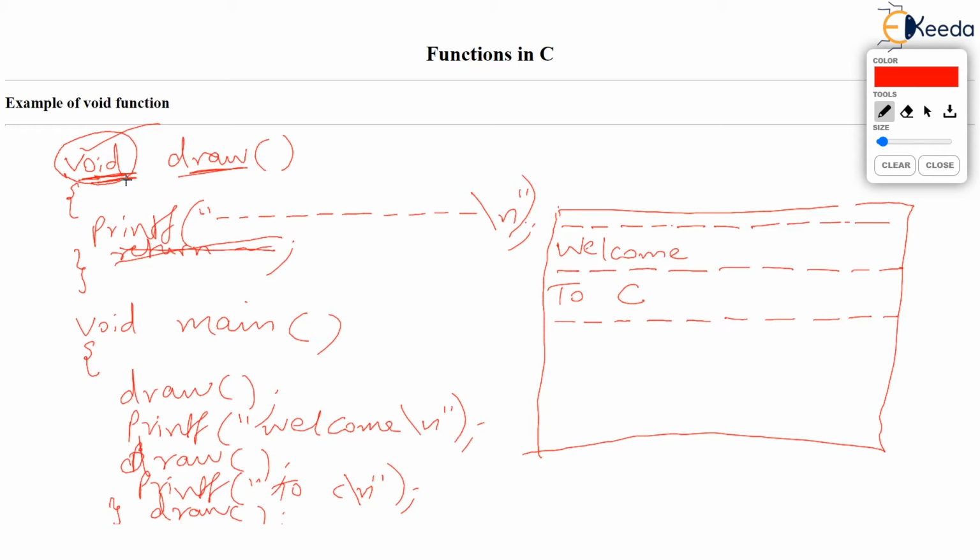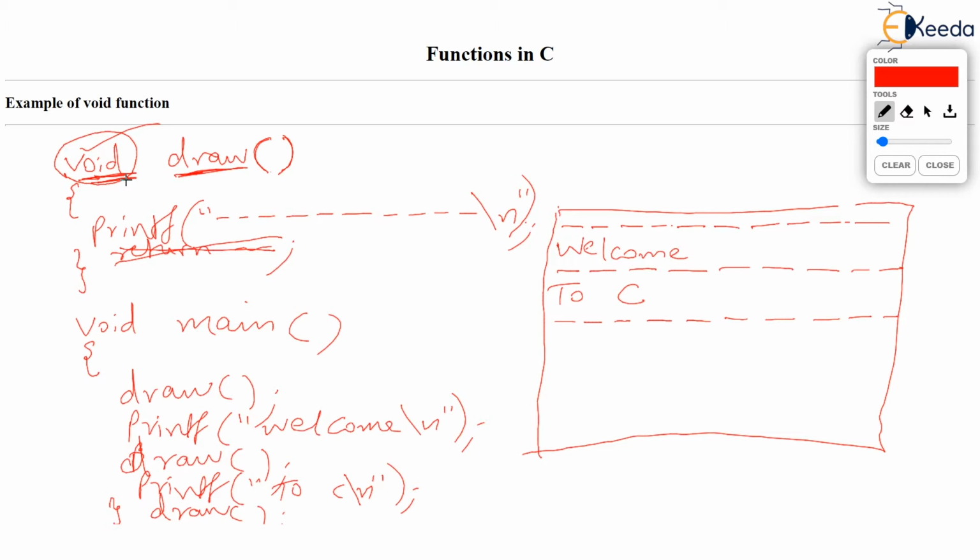The second thing is the draw function over here does not have any parameter. You must have found that the brackets after the name of the function are left empty. But even if the brackets are empty, the rule in C is that you must write the brackets. Let it be empty, but you have to write the brackets. There is an absence of parameters here. Ask yourselves, what is the parameter that we should pass? The answer we will get is nothing. We should pass no value at all to the draw function.